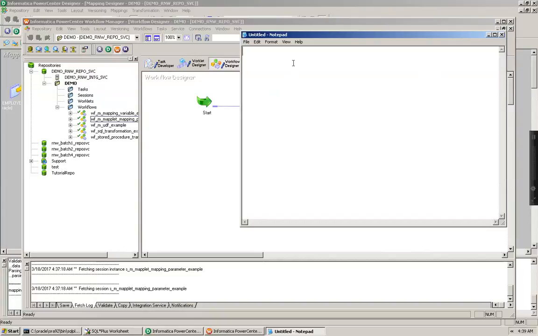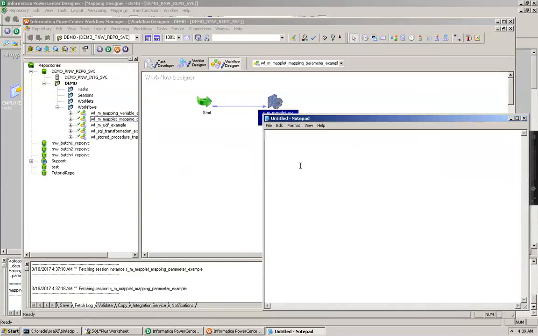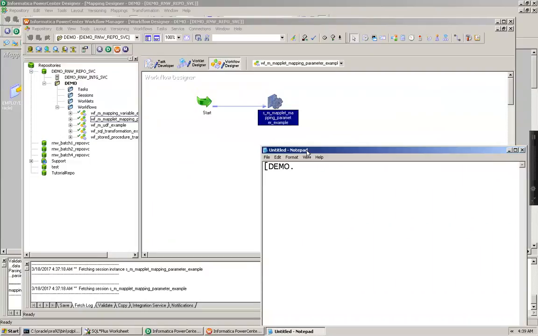The syntax, if you remember, is the folder name, that is demo, you can see here, dot the session task name. So I have given